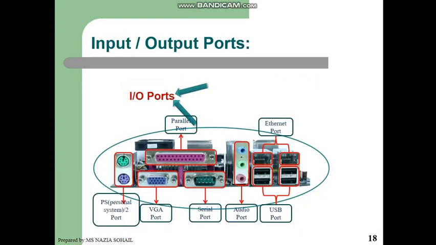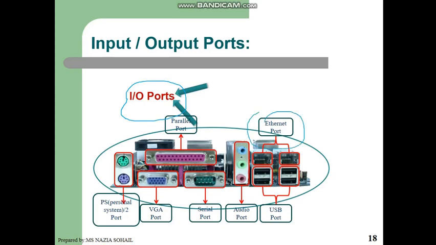Okay students, in this picture there are input output ports, which we call the IO ports. IO stands for input output. What do you normally see behind the system, or on the left and right corners of a laptop? You find these kinds of ports. The pinkish and purple port is usually called the parallel port. This color is usually found on these ports, and these are Ethernet ports, usually for internet purposes.